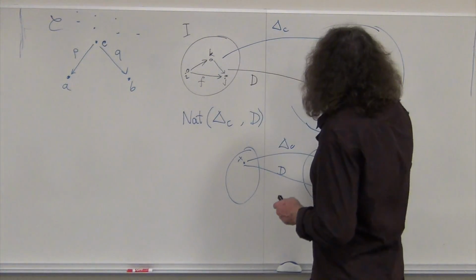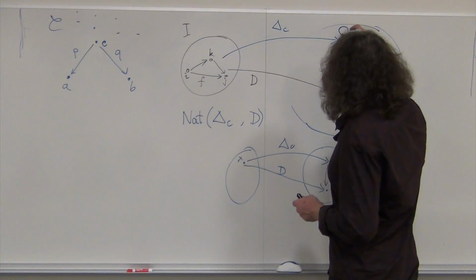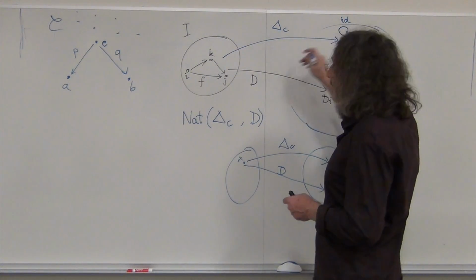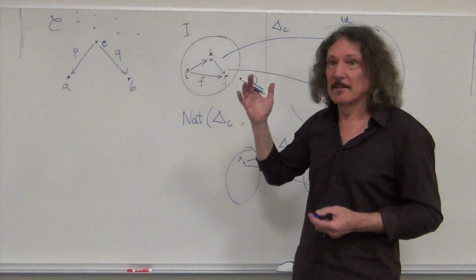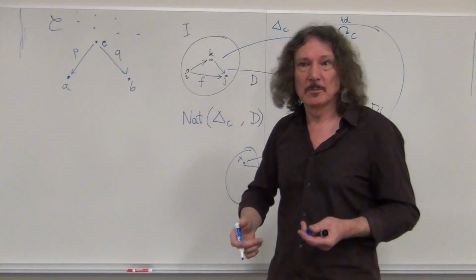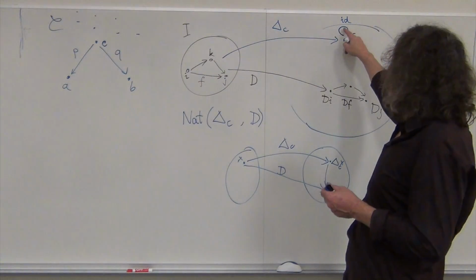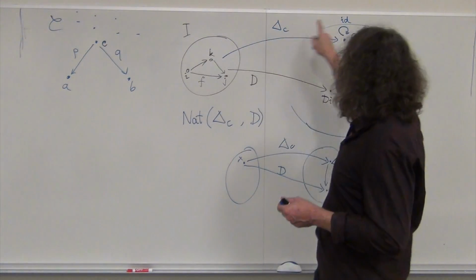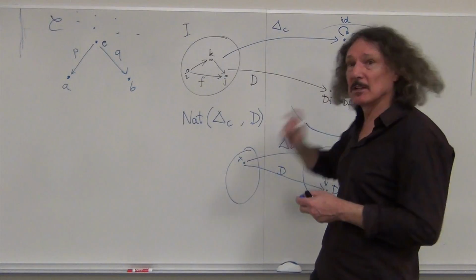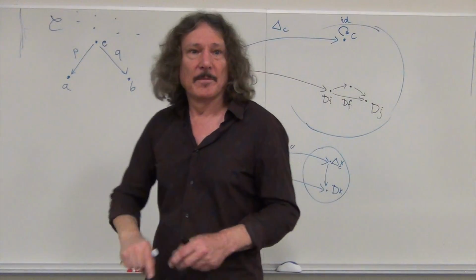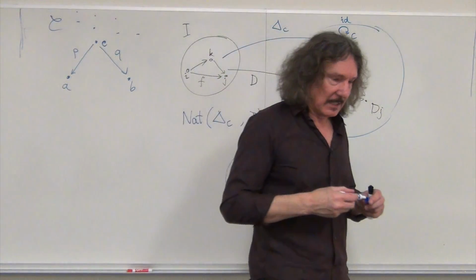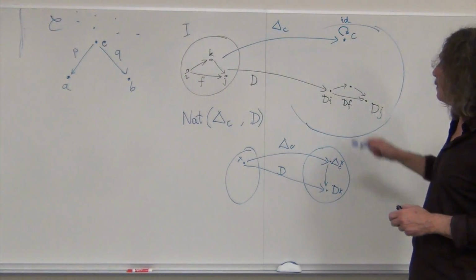All these morphisms are mapped into a single identity morphism. That's the definition of delta, right? Before we didn't have any additional morphisms, so we didn't care. But now we have all these morphisms. So F is mapped into ID. This guy is mapped into ID. This guy is mapped into ID. All of them are mapped into ID, by definition of delta. Okay?